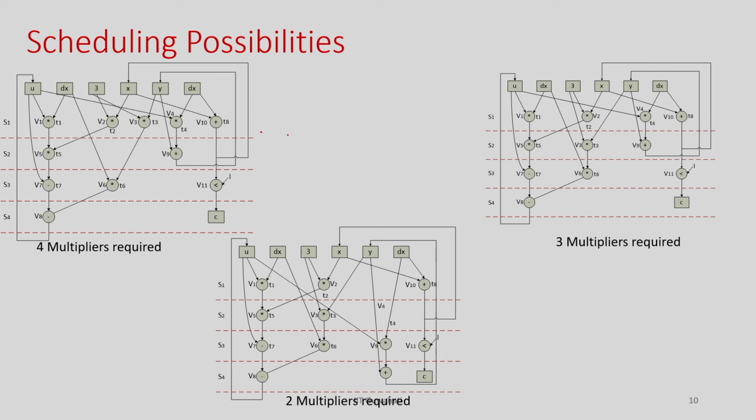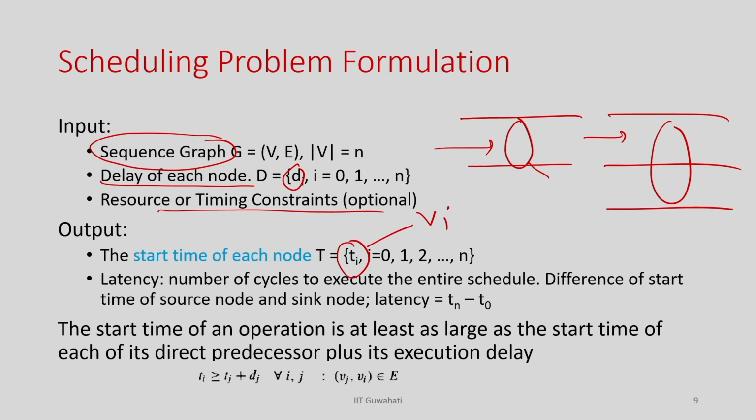This is one of the schedules, where you see the main idea is that your schedule does not violate the data dependency, which I forgot to mention earlier. You have to find out the start time, but you must make sure that the operation data dependencies are satisfied. It is not that you just assign timestamps; you make sure that your data dependency is not violated, and that whatever timing or resource constraints are given to us are also not violated.